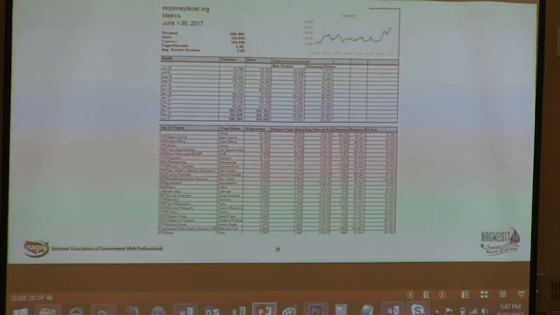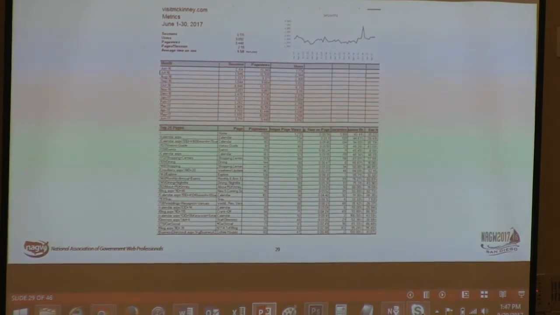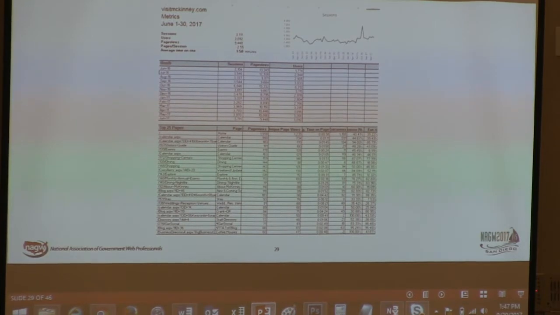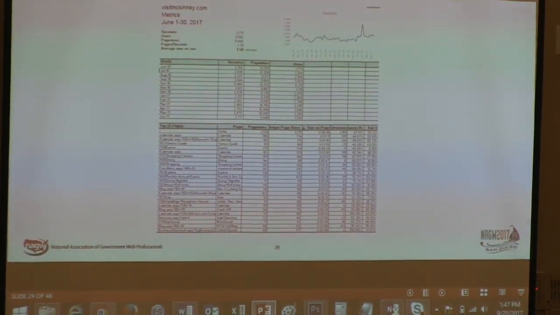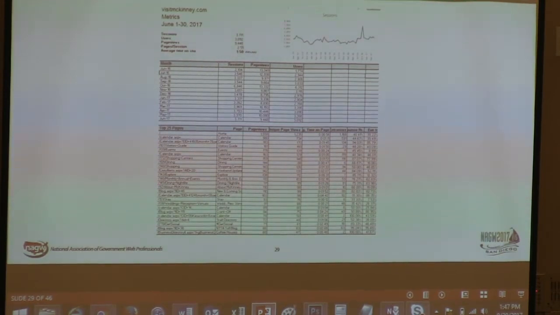All right, so this one is for our CVB, and I've got the whole report in here because I wanted to show you an entire report. So you notice their traffic is much less than the main website. And we have the graph. I have the graph for them. They're yearly, month by month. And actually my boss said, I really want to see this June and last June. So I keep one more month in there. And then the top 25.